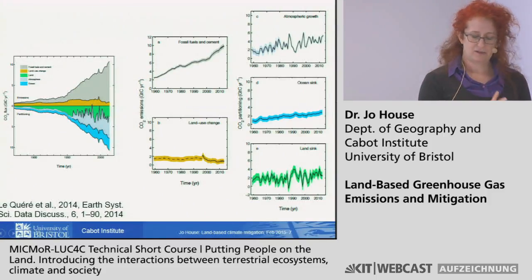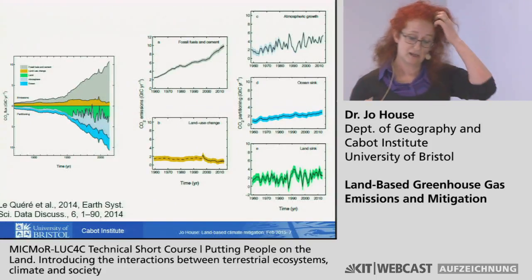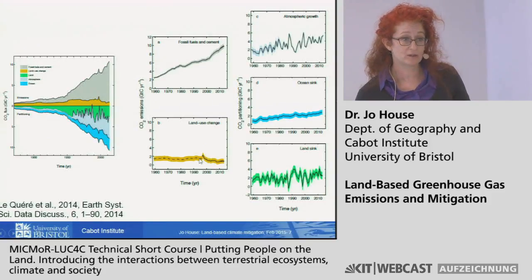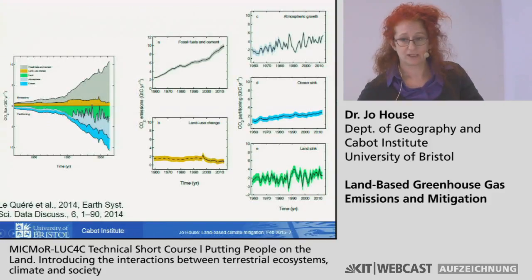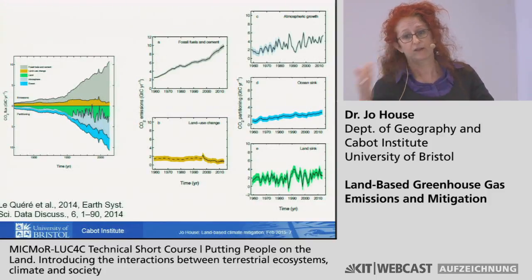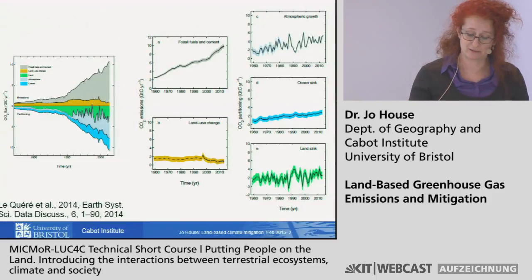It was quite difficult to decide what to use as our land use change emission sources, because in a minute I'm going to show you there's lots of models and they're all over the place and there's lots of different estimates. We chose for the Global Carbon Project to use the results from the Houghton bookkeeping model, but we have an issue that we need annual emissions estimates. Things like the fossil fuel, the atmospheric growth and the ocean sink, we can get hold of those numbers annually. But people like Richard Houghton and various other people who run models don't always run their models every year, and there isn't always the land use data to run them every year.